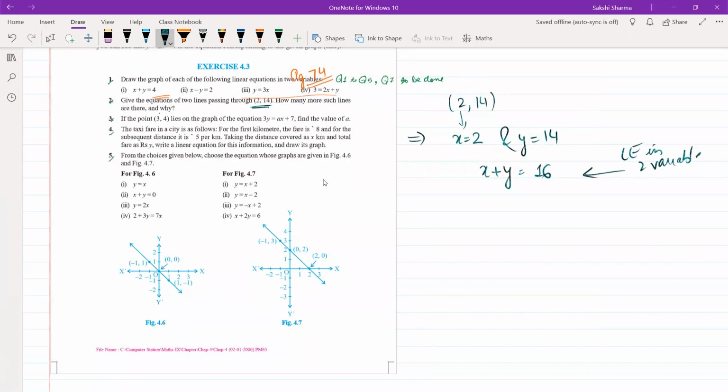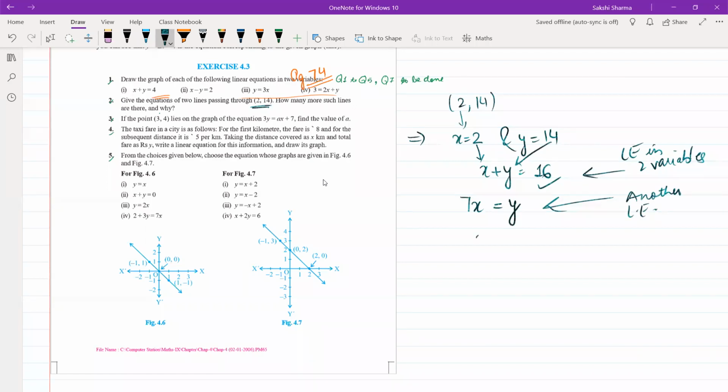This is a linear equation in two variables, and I have written this in such a way that if I use x as 2 and y as 14, my left hand side will be equal to right hand side. Another way to do this is if I can write down 7 times x equals to y. This is another linear equation which will have the pair of values given to me as its solution. Can you form another one?